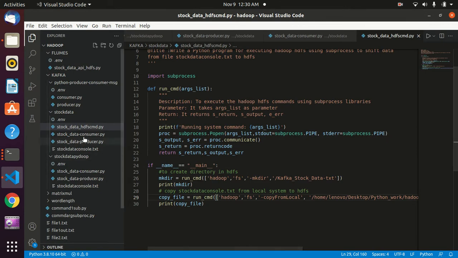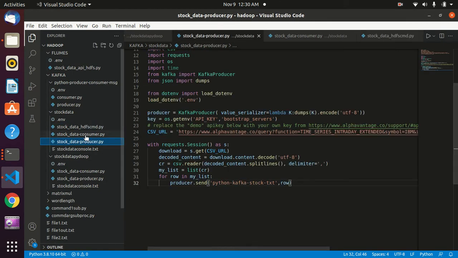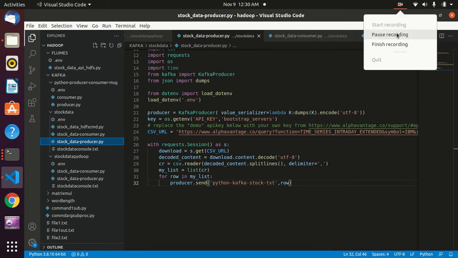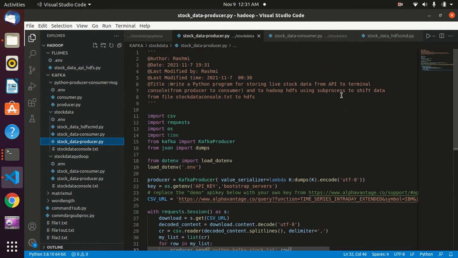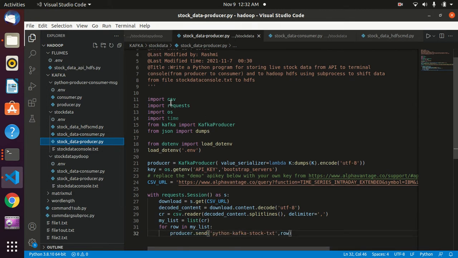So what we are having is the producer and consumer Python code. So our producer file, it consists like we will have the CSV and JSON file we are using, and we will import the Kafka producer, and next import